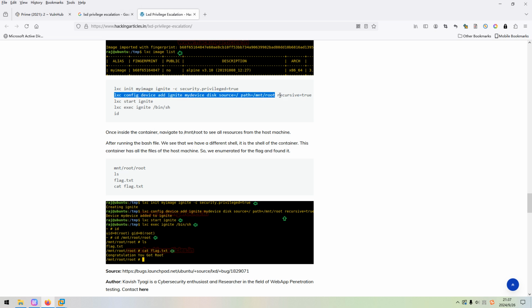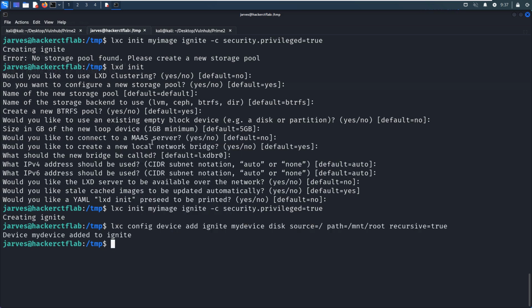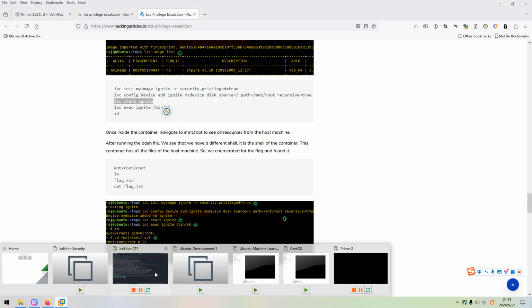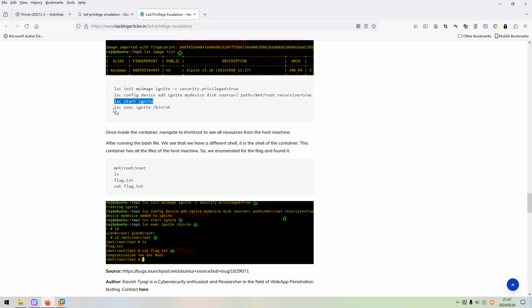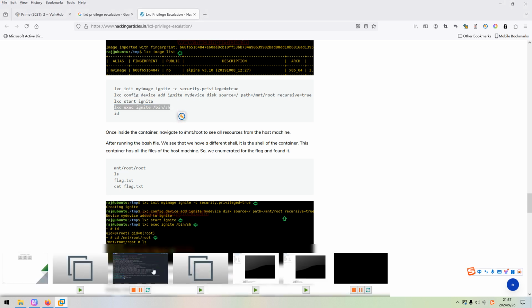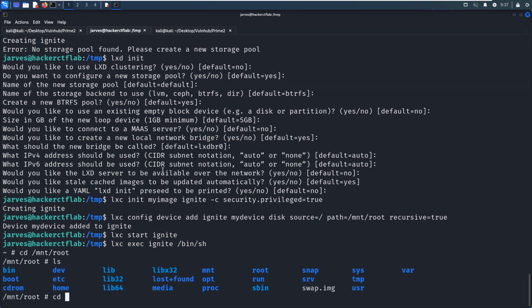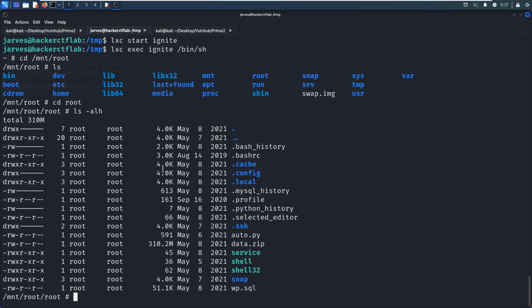And then we can make some configuration for this container. No error. Great. Then we can start this container, and then we can get the shell of the container. Okay, great. Now we can navigate to the root directory and grab the flag. Of course, we do not need to grab the root flag, which is not required with this machine.